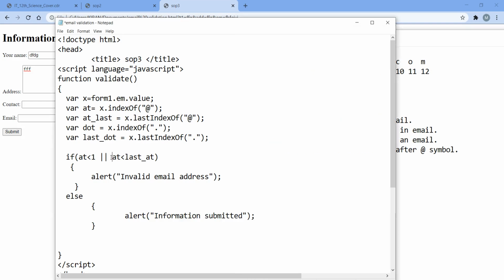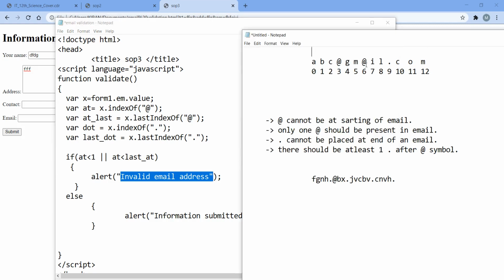The condition is true. It means that there is more than one at the rate symbol in the email, so we will get the message invalid email address. So to check whether there is more than one at the rate symbol, we just compare the position of the first at the rate and the last at the rate. Okay, these are two conditions.